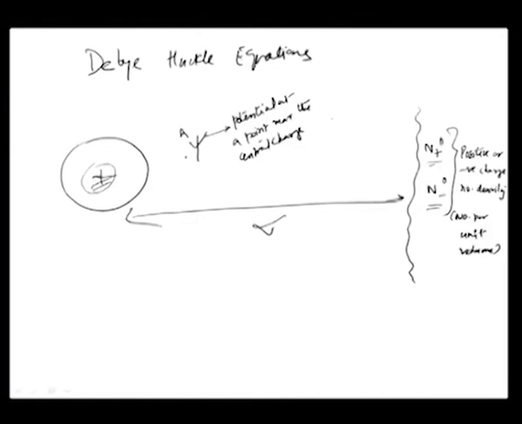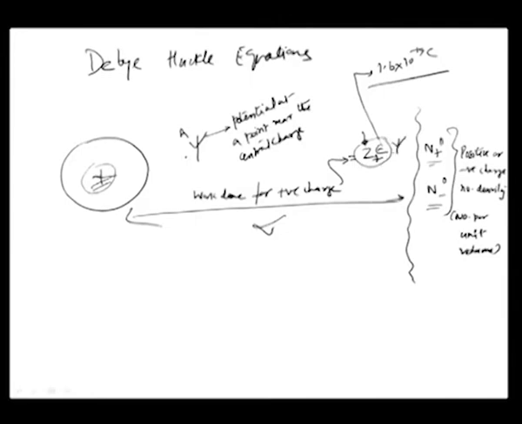So the work done by the system for, let us say, moving a positive charge is actually given by the charge itself. Let us say the charge has a valency Z plus. So, Z plus times the electronic charge epsilon. This epsilon, as you all know, is 1.6 times 10 to the power of minus 19 coulomb, the electronic charge. So, the total charge on the ion times the potential.